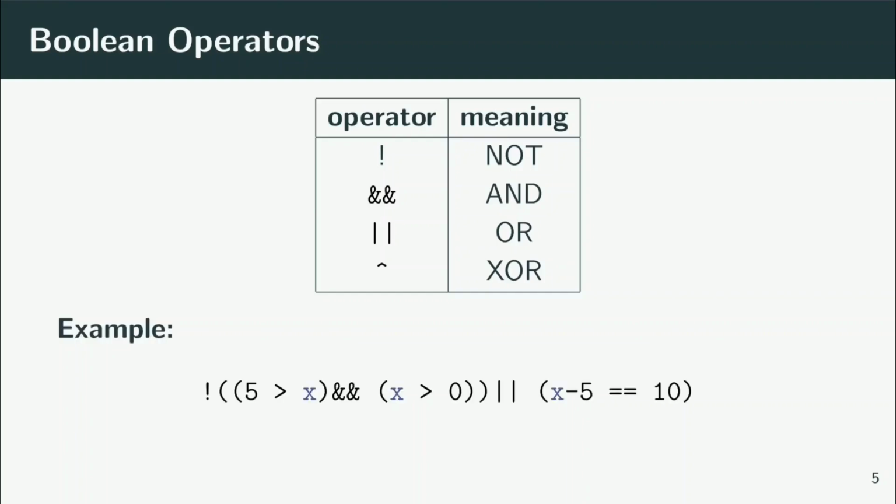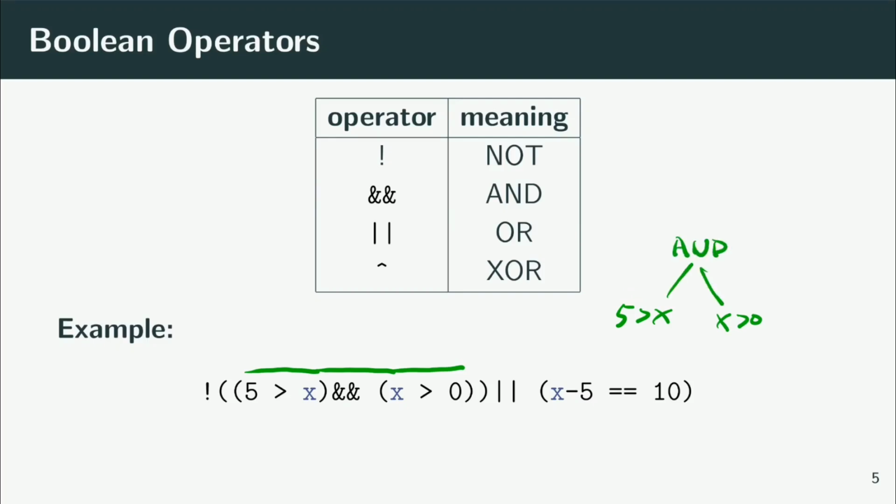Here's an example of a Boolean expression, which is a combination of smaller ones. The first bit here is what we've just seen, that asks that the current value of x is less than 5. Similarly, the current value of x should be bigger than 0, and together this means that the current value of x needs to be strictly in between 0 and 5. We can write this as a tree. This 5 greater x, x greater 0,